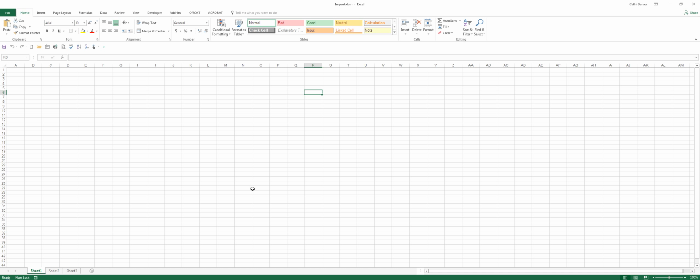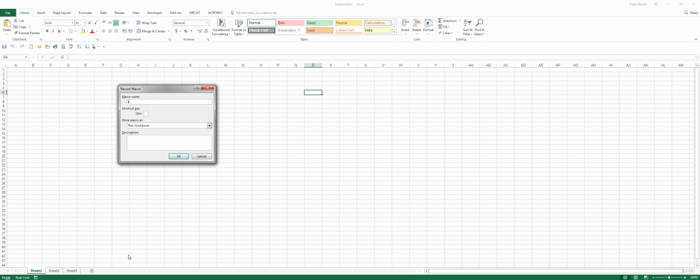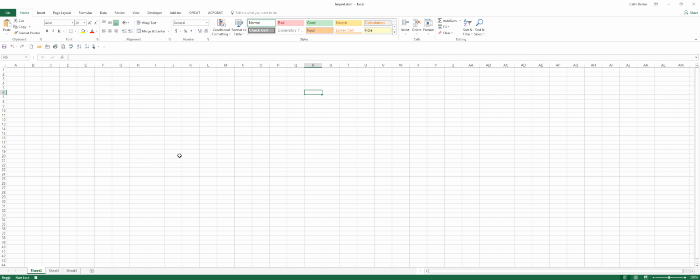So our first macro is a macro called import file. So I actually want to record a macro, and I'm just going to hit my record macro button, and I'm going to call this macro import file, and I'm going to click OK. So what I want to record doing is opening a text file. So I'm going to go File, Open,